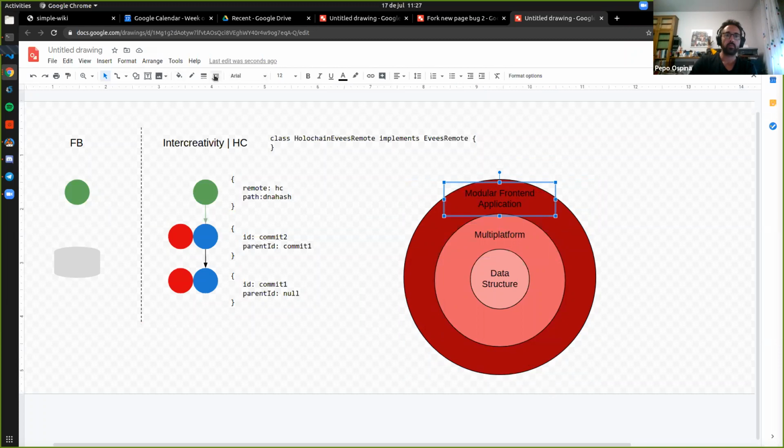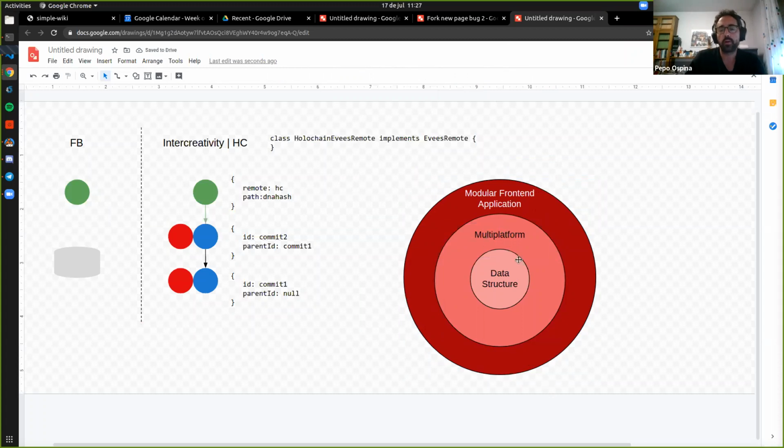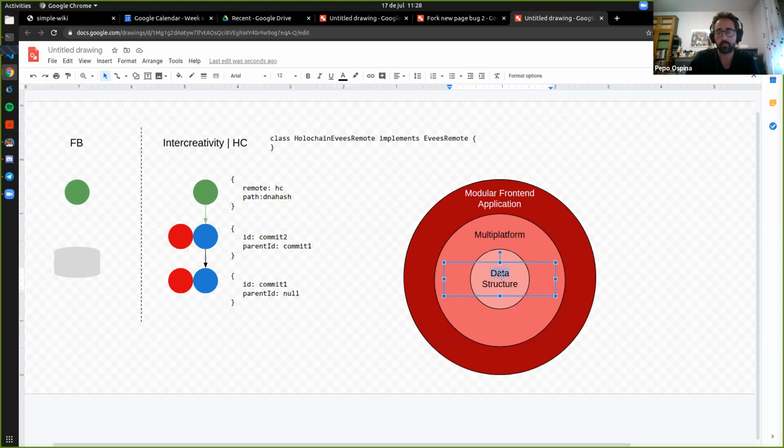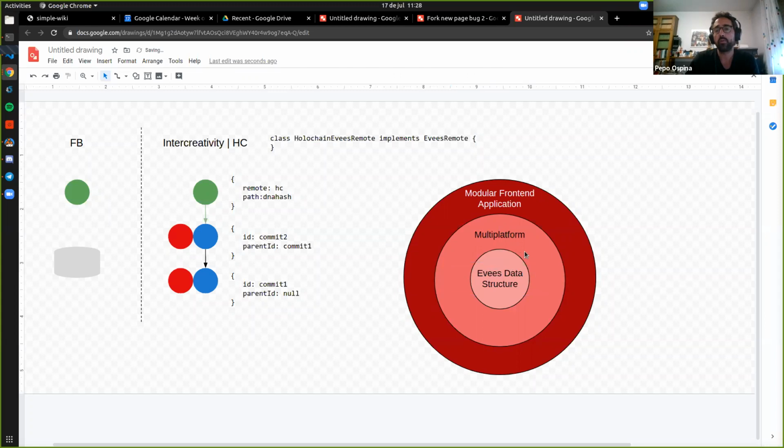And here, basically, the underscore protocol offers tools to build modular applications in the frontend that can handle Evees on multiple platforms, and they offer reusable components for other applications to reuse in other places.